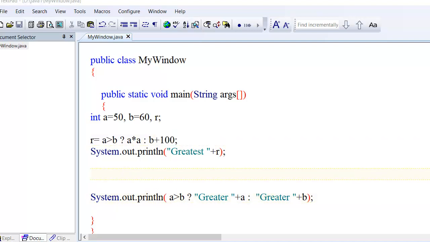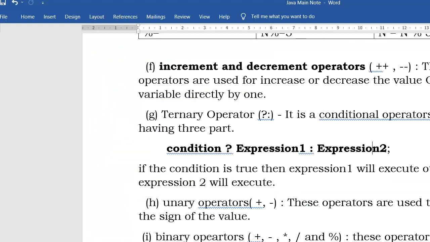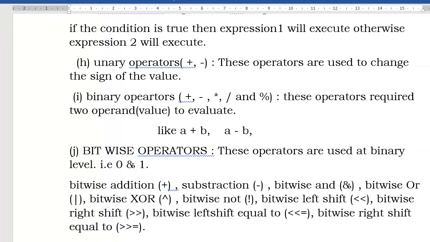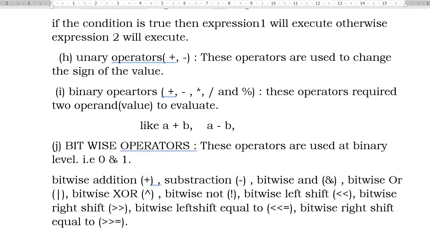More details we will cover in the next class, that is called bitwise operators. After bitwise operators we will go for programming. Then there will be no more theory and we will start only running programming.